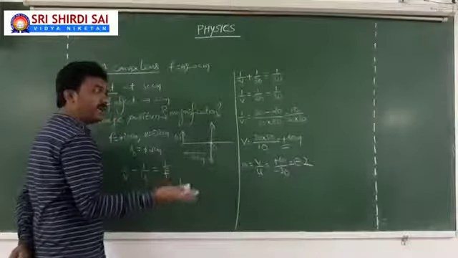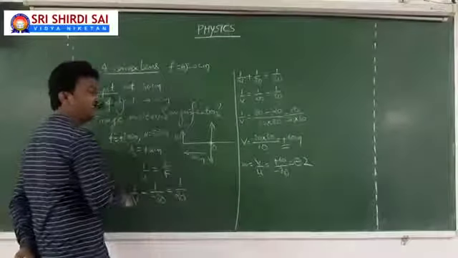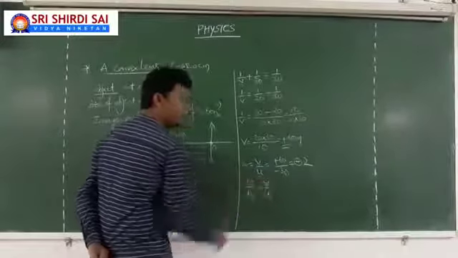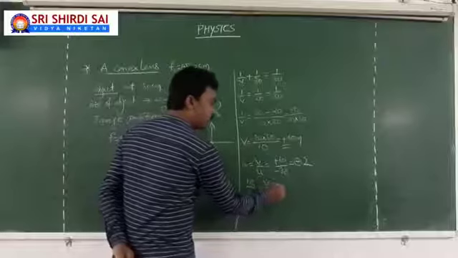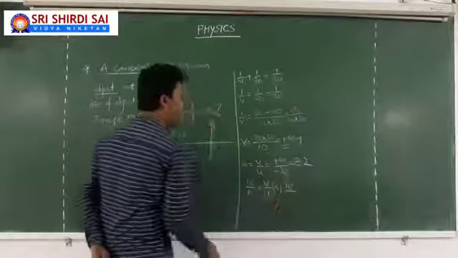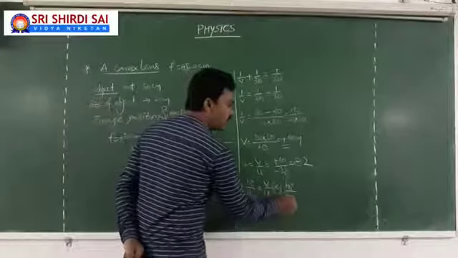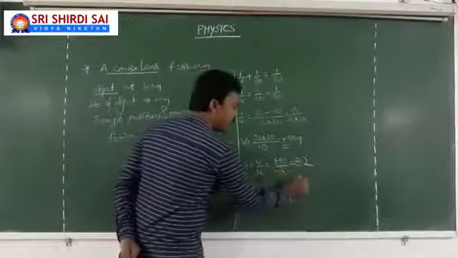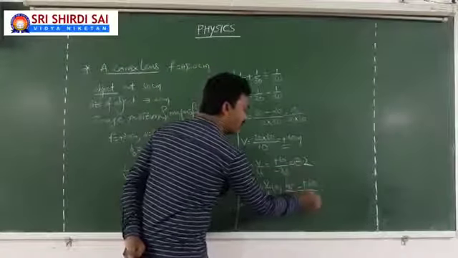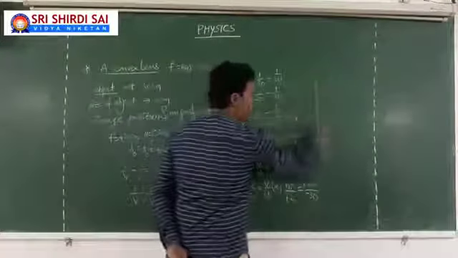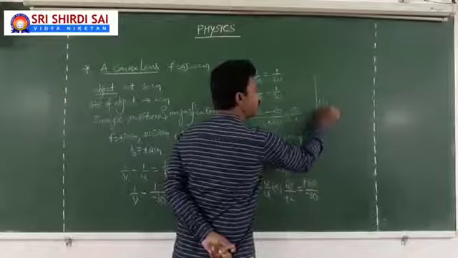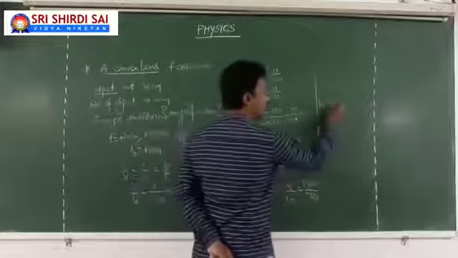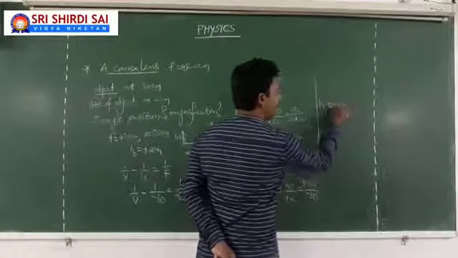From this information, you can even calculate the size of the image, as the size of the object is given. The basic formula: size of the image by size of the object equal to v by u. That is, size of the image by size of the object equal to minus 2. You see, while doing the calculation, you should substitute the sign conventions. v, which is plus 60, by u, minus 30. So finally the size of the image is 4, of course, which is minus.